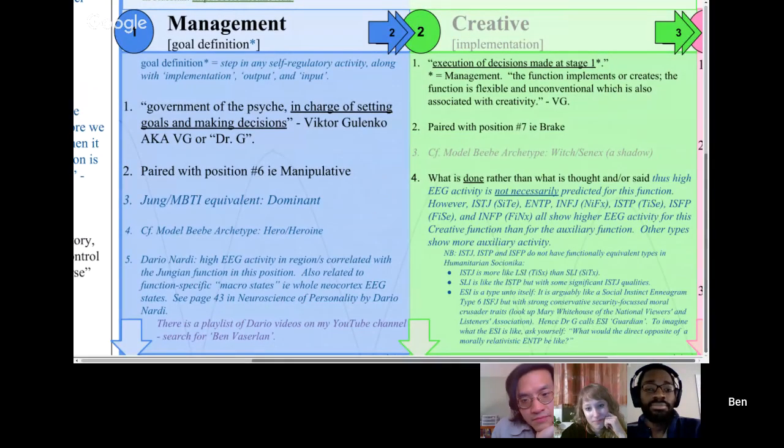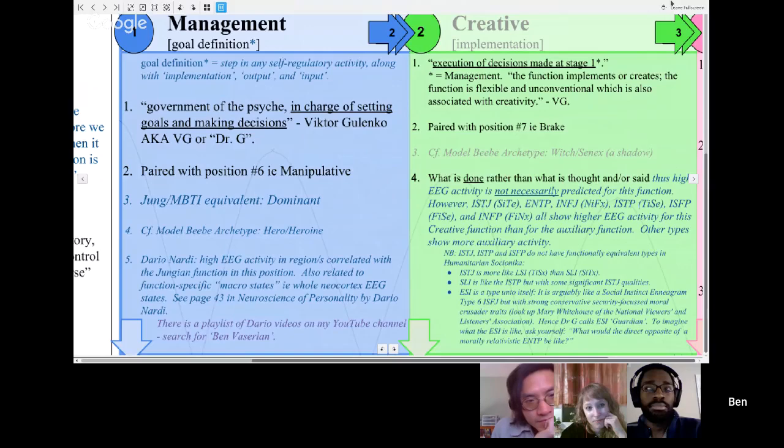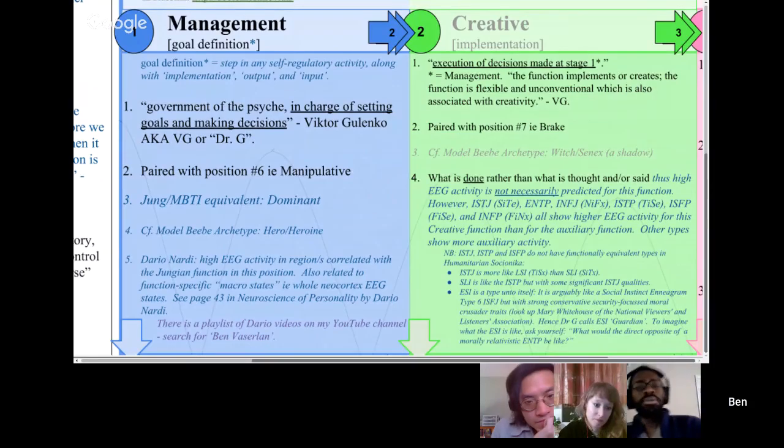I mean, we can discuss that as a premise. Do you think that the lead function does set the goals? That's hard to say because it doesn't do it alone. The whole idea of the social mission block is that they work together to set the goal, right? Yeah, it's sort of used as a tool, that the creative function is used as a tool to achieve what's in the management position.